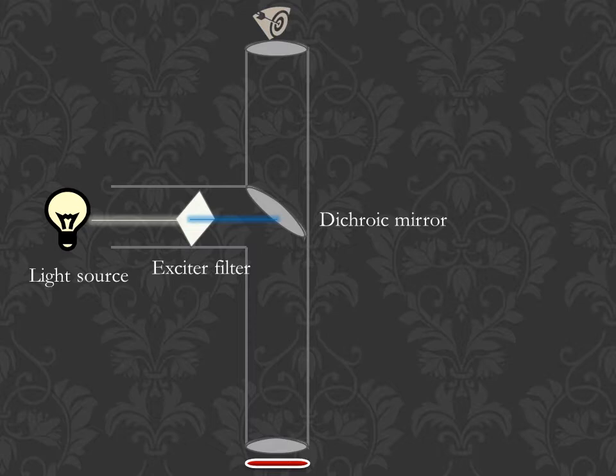Of course, a dichroic mirror has a special property that it allows only a certain wavelength of light to reflect at its surface and transmits all other remaining wavelengths of light. In this case, we have designed this dichroic mirror in such a way that it allows only blue light to reflect at its surface, whereas all other lights, be it green, yellow, orange, red, violet, are transmitted through it. That's why here blue light is incident.